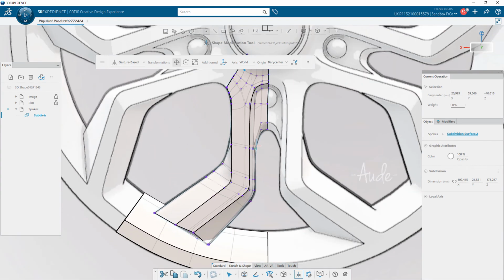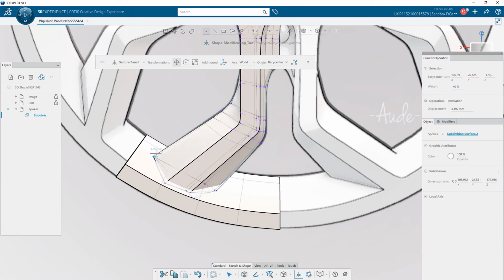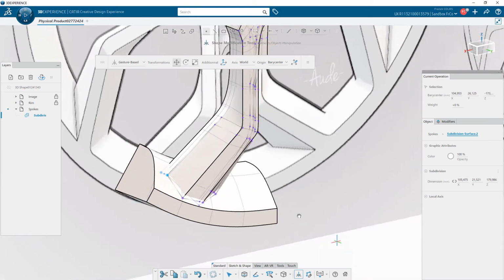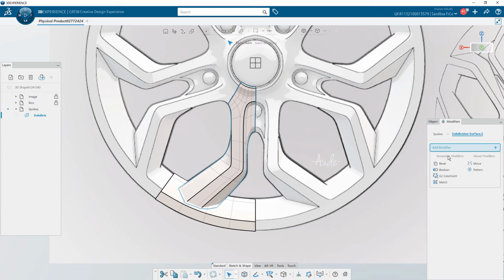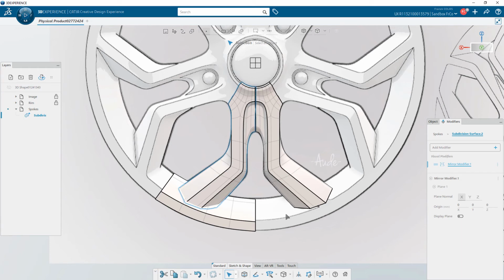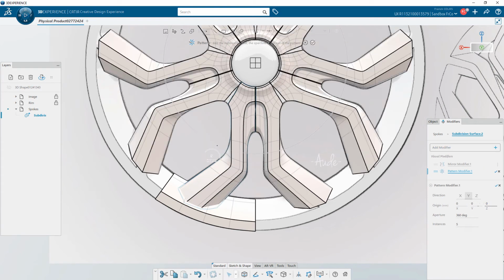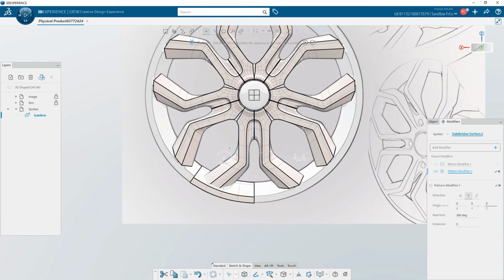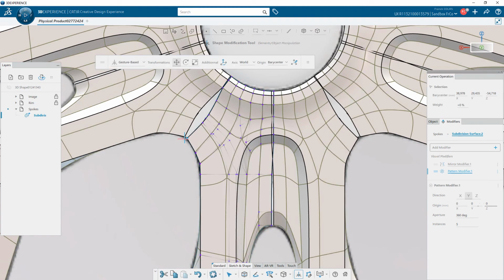I finish the creation of this part of the spoke by moving some vertices to go through the rim shape. Now I am satisfied. It's time to mirror it. Thanks to the mirror modifier, I change the plane for the mirror, and just after, I add the pattern effect, choosing the Y plane, change the coordinate in the panel to 0, 0, 0 to be sure to be at the center of the shape, and put the number of repetitions to 5.